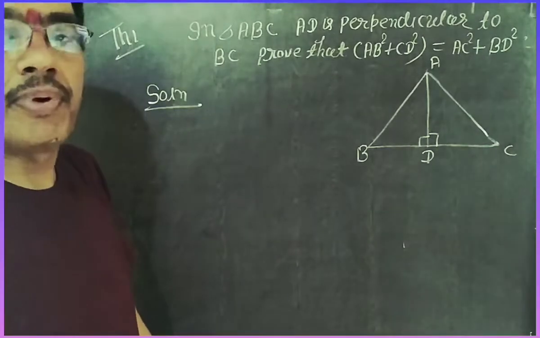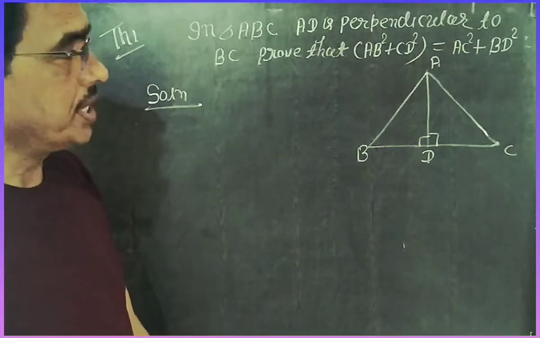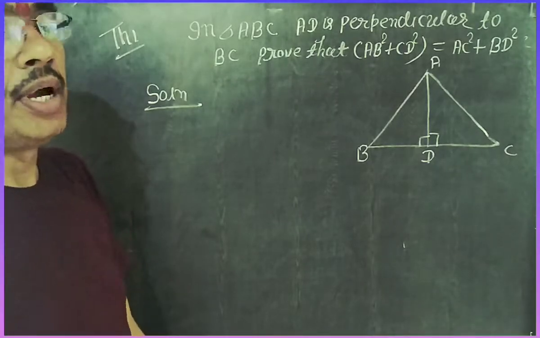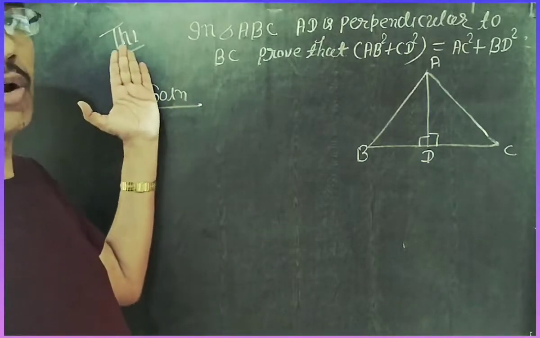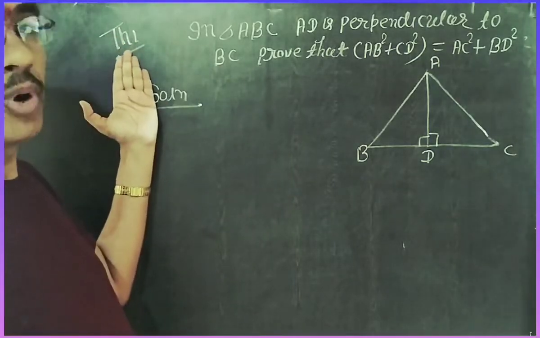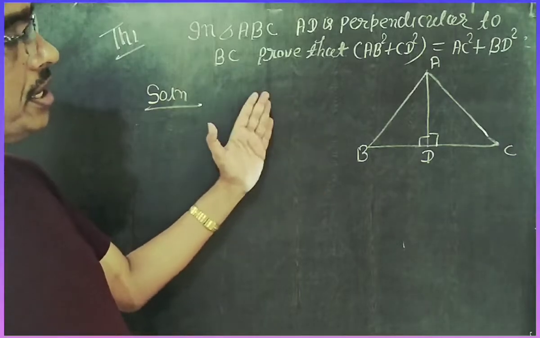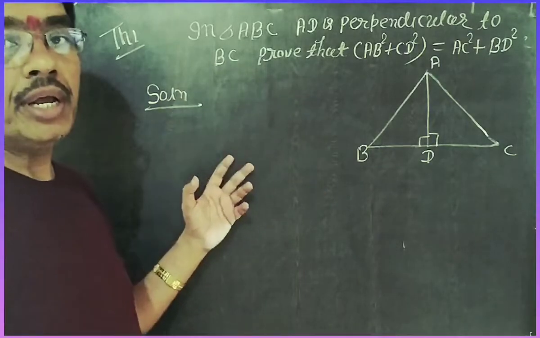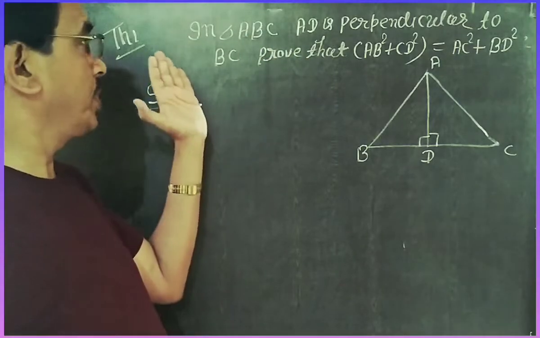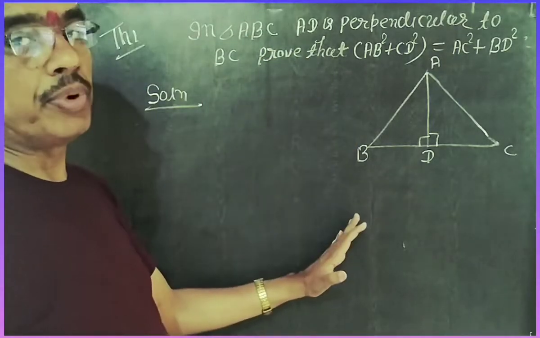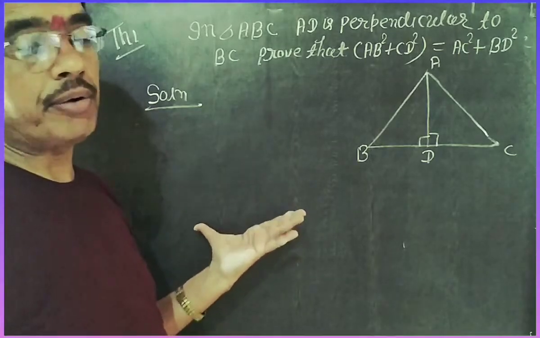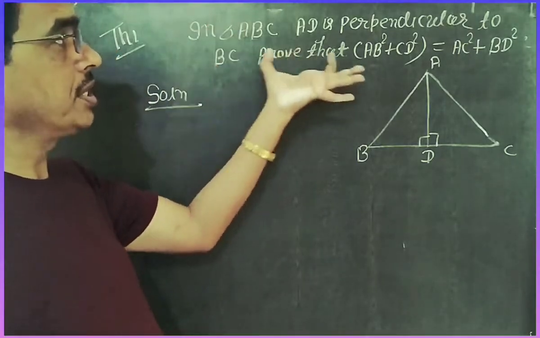Now examples from the Pythagoras theorem. First theorem is Pythagoras theorem. Second is converse of Pythagoras theorem. And now starting from theorem 1 to 6 others. So now start from example theorem 1. It is the other types of corollary. With the help of Pythagoras you can solve these theorems. And theorem 1 to 6 are other theorems in your book. So first I solved Pythagoras, next converse of Pythagoras, and now theorem first in your book.